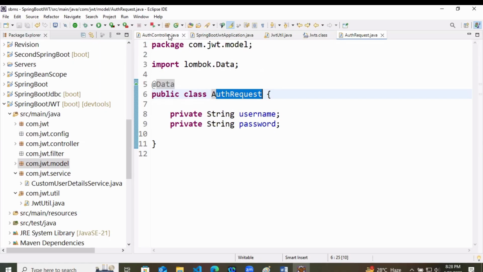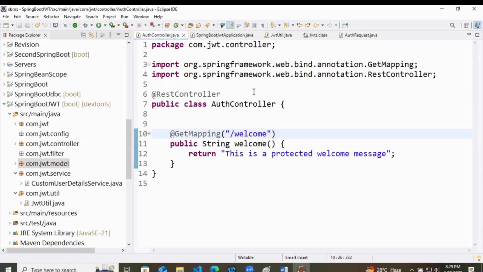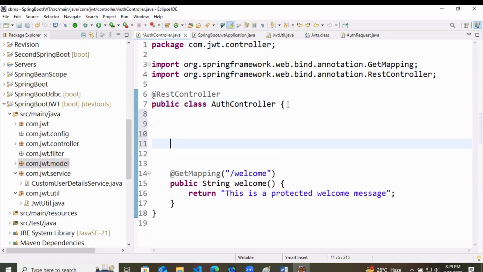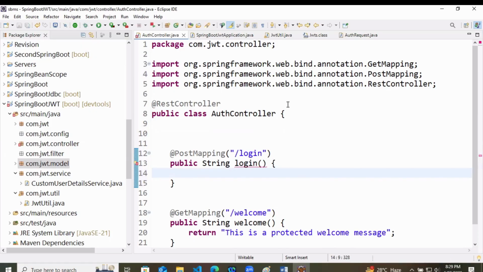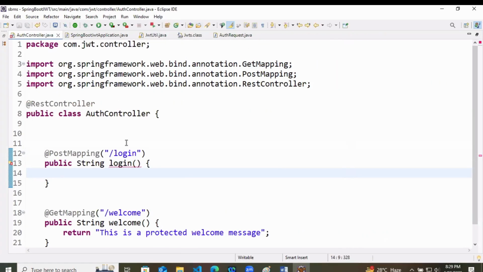Now let's come down to controller. Now we will create a LoginController with /login. So here @PostMapping of /login. It means that the user will send something to /login. Our return type is public String only. We are trying to return some string, and this is a login method. This time no form login we are doing. We are doing a JWT based login.